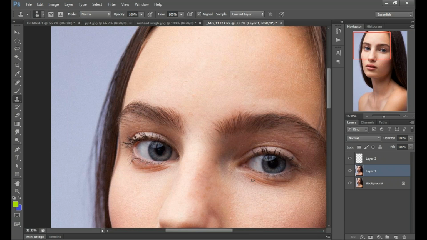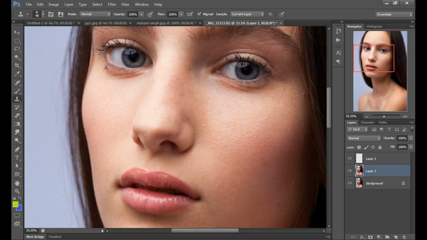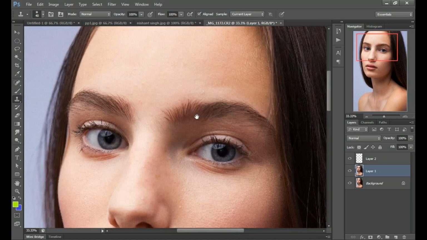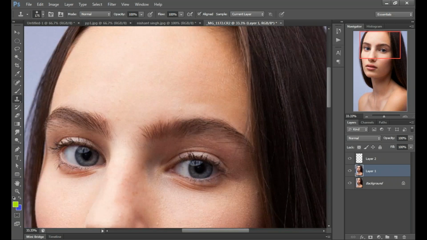If we have the eyebrows here, I'm going to give you an example, not going to work on that. If we want to create this eyebrow on the upper side, just click here, move your pointer here, and press the Alt button on your keyboard. The pointer will change in your Photoshop.